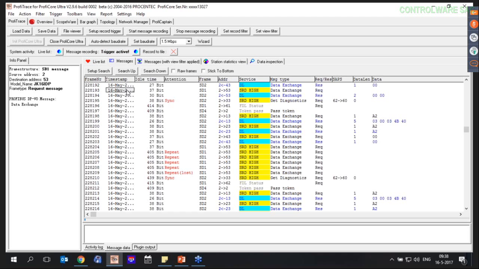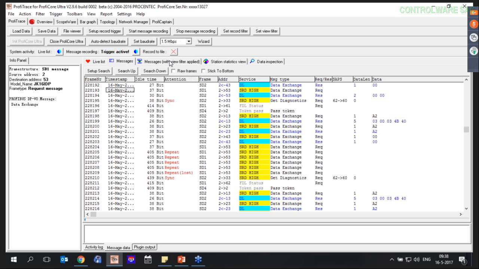Okay, then we have a difference between a record filter and a view filter. The record filter means I want to record the messages, and the view filter means I already recorded the messages and now I want to view a couple of those messages out of there. Well, if I set up a view filter, then my program will jump to this tab, messages with view filter